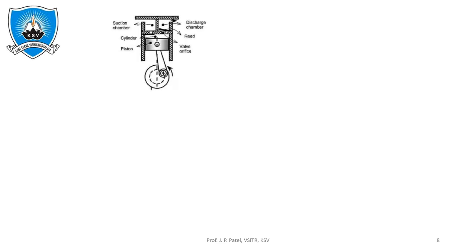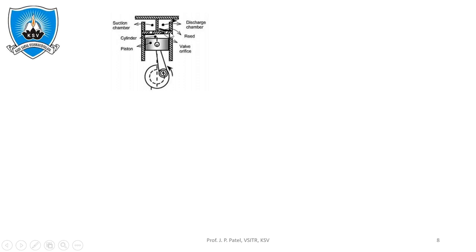Now we discuss the construction of the reciprocating compressor. So we start with the single acting single stage reciprocating air compressor, in which one cylinder is fitted with one piston which reciprocates inside of it. Further, that piston is connected to the crankshaft by the connecting rod, and that crankshaft is connected with the electrical motor or IC engine through the flywheel.